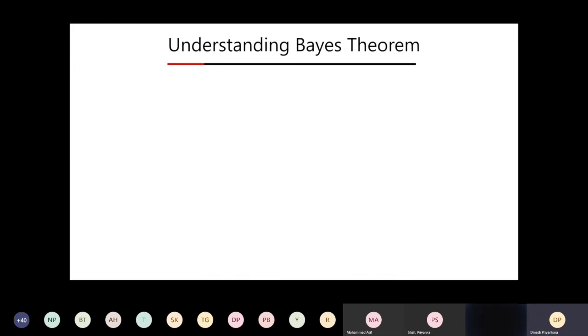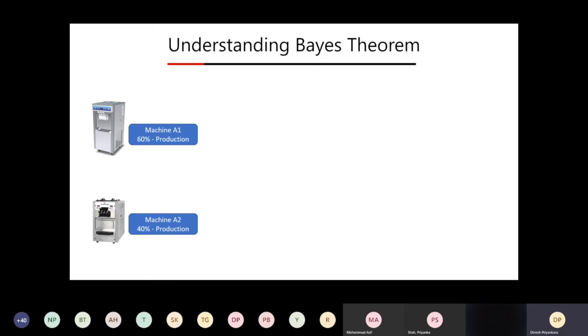So in order to understand Bayes' theorem, we need to understand the theory related to probability. Let's take this. Let's say we have two machines that produce ice creams. If you think about the production, one machine is producing 60% of the entire production, and 40%